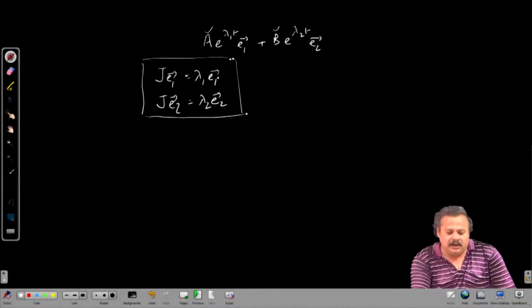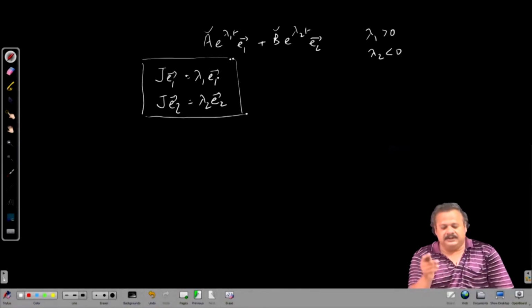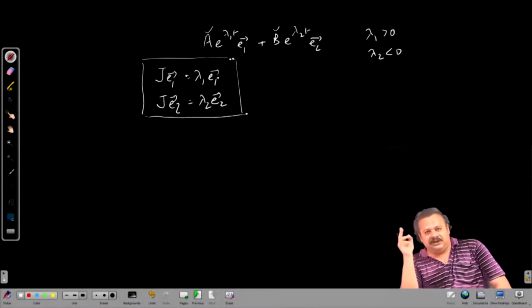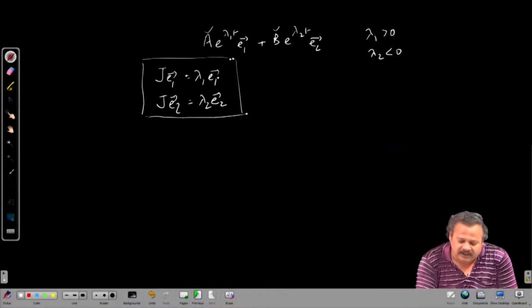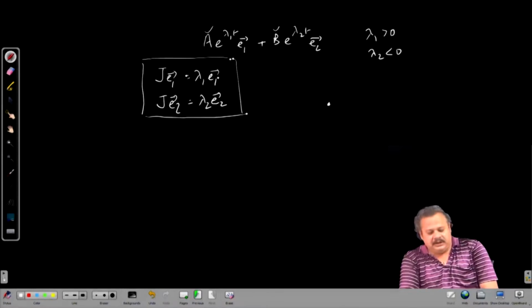Now when the case of lambda 1 greater than 0 and lambda 2 less than 0 is considered, near the equilibrium point the trajectory is diverging along one of the eigenvectors while converging towards the equilibrium point along the other eigenvector. This gives an interesting behavior: if this is the equilibrium point whose linearization yields lambda 1 and lambda 2 that are real and of opposite signs,